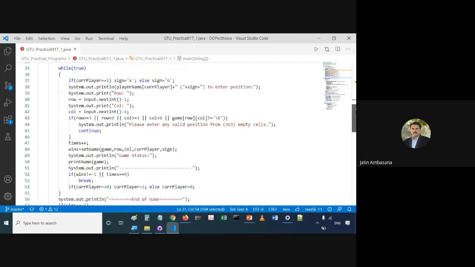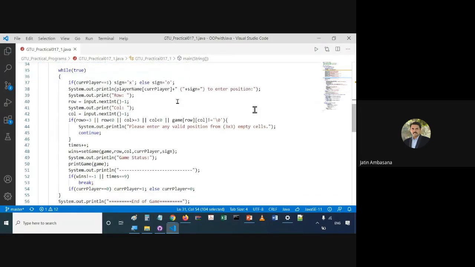And now in this while loop, the whole code is there. See, the while loop is running infinitely. So this while loop will be exited by this if code.